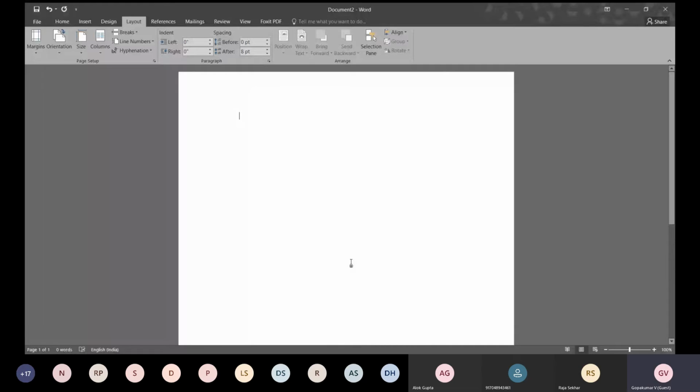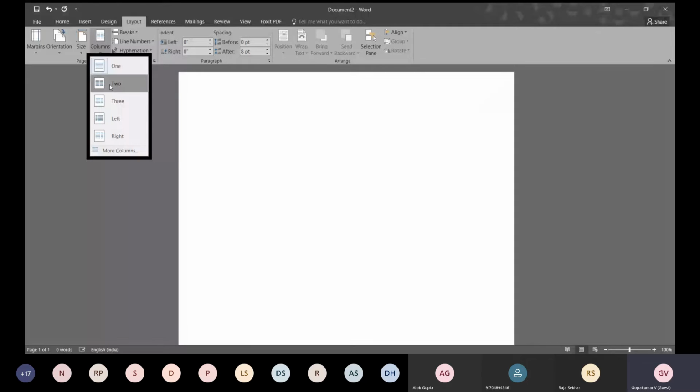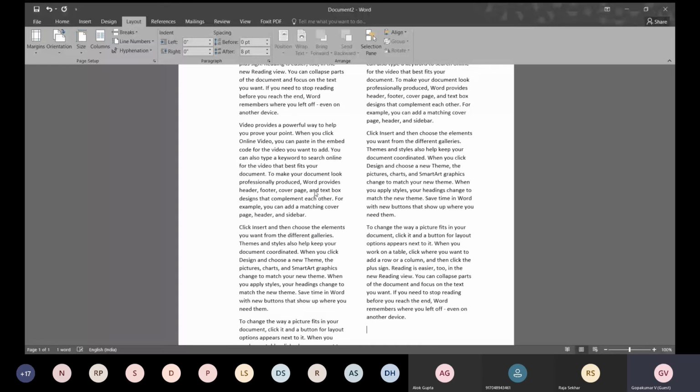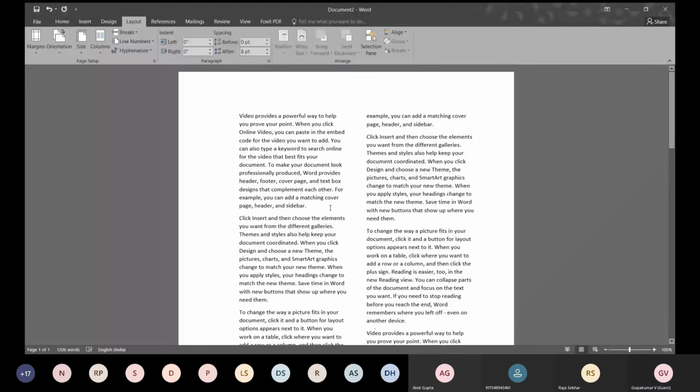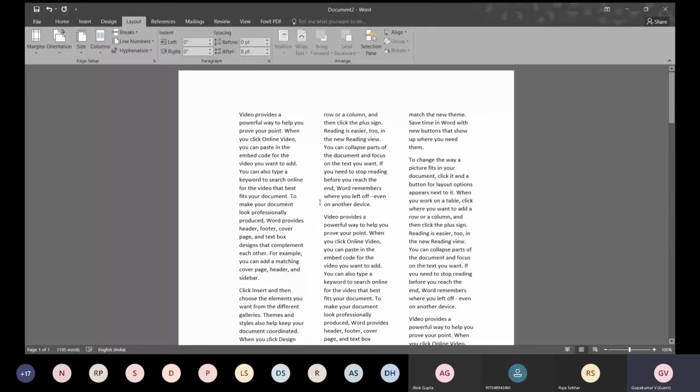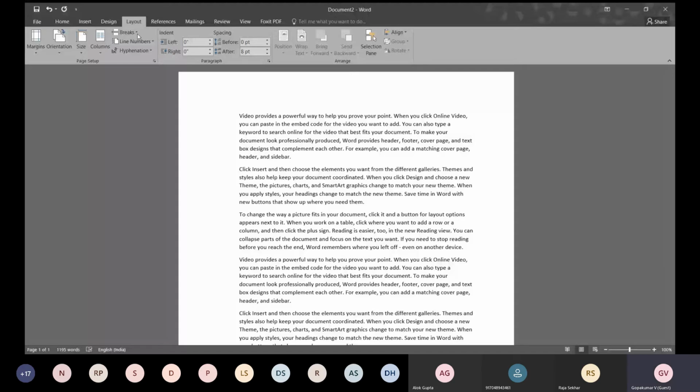Then comes columns. Actually, there is no need for having columns, but you can create columns also if you require. You click here, you will get the content in 2 columns. I will just type some content, equal sign RAN. I give a command so that I am generating some text. You can see it appears in 2 columns. If you change it to 3 columns, it will show in 3 columns. That simple it is. If you change it to 1 column, it will change to 1 column. So in the layout, there are options that you have to see first.